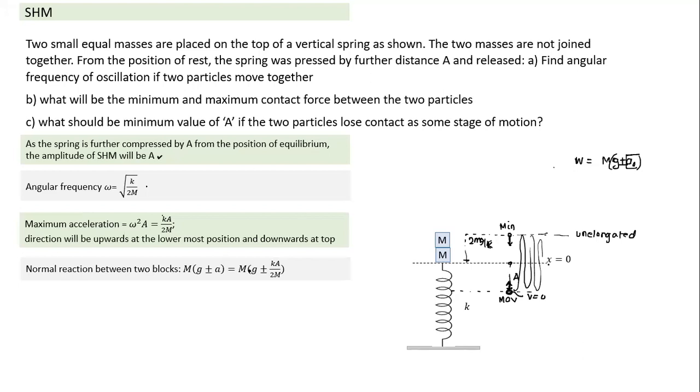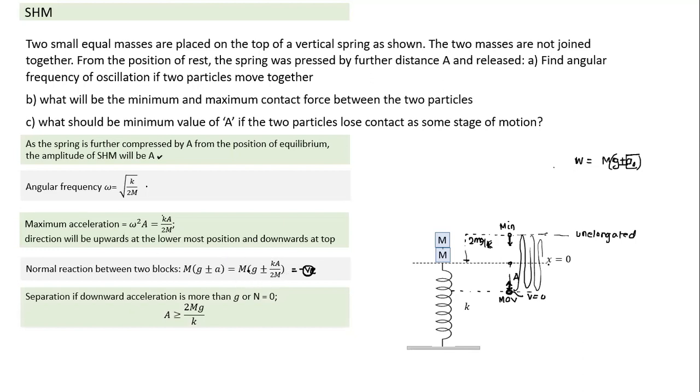Now, what we notice here is that the contact force maximum can be any value, but it cannot become negative, because they are not glued together. If they were connected to each other, bonded, the lower object could apply a pulling force. So this minimum value has to be at least equal to 0. The moment it becomes 0, the two blocks lose contact. Whenever two objects lose contact, the condition is that the contact force becomes 0. So when this value becomes 0, that's the time it loses contact. Separation. And when would the separation happen?